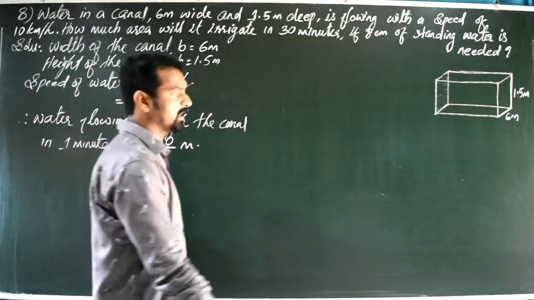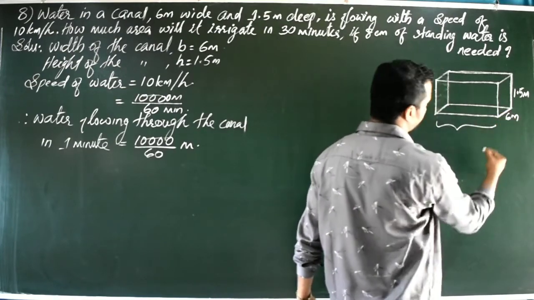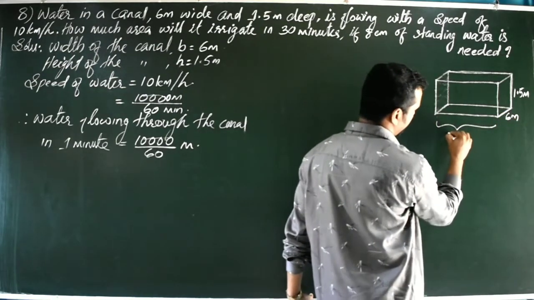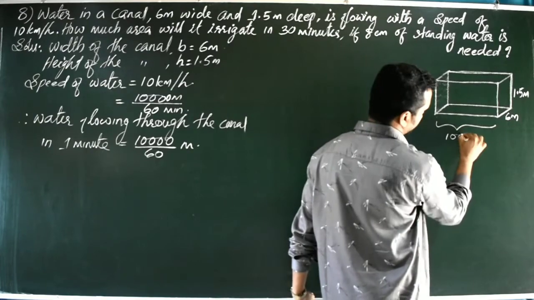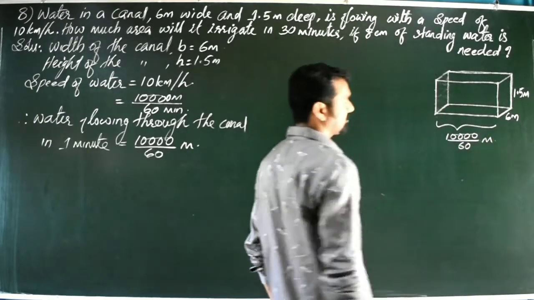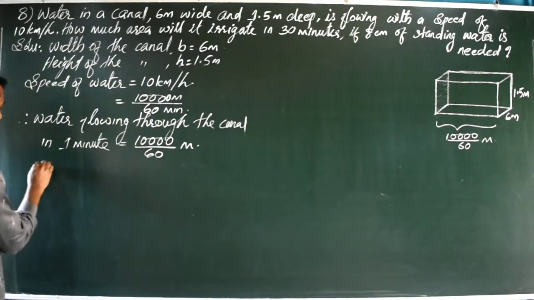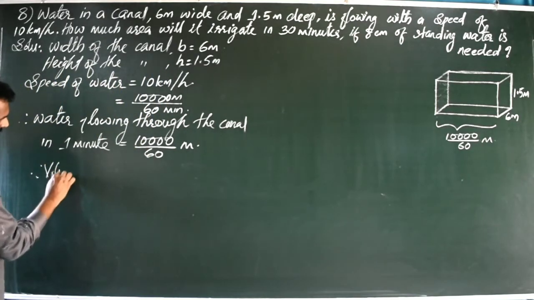That is the length of the water, okay, in 1 minute. Length of water or length of this keyboard we can write in 1 minute. In 1 minute it will cover 10,000 divided by 60 meter. Therefore we can write, therefore volume of water